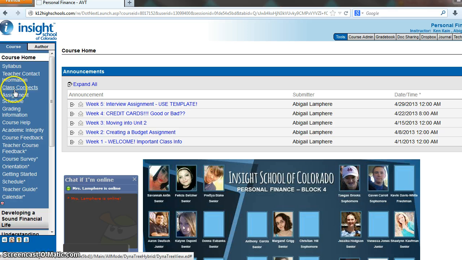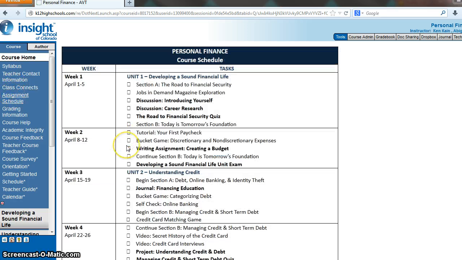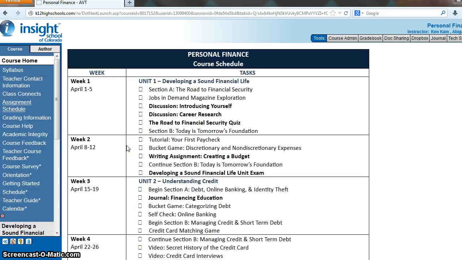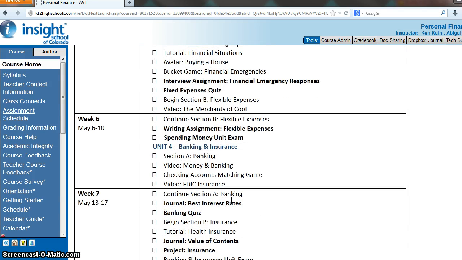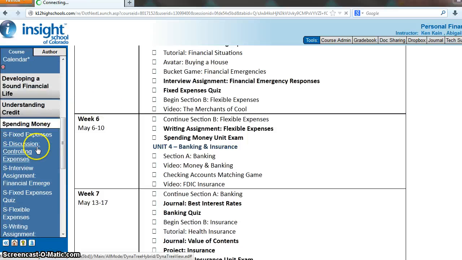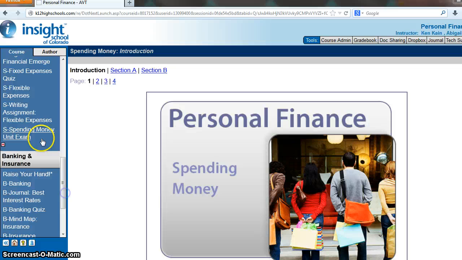Let's take a quick look at what we have going on this week. Zoom in a little bit here down to week 6. Okay, so in week 6 we are wrapping up unit 3 and there is a writing assignment, flexible expenses. That's where you do some research and you find an article that talks about, well, let's pull it up real quick here. You should be finding an article